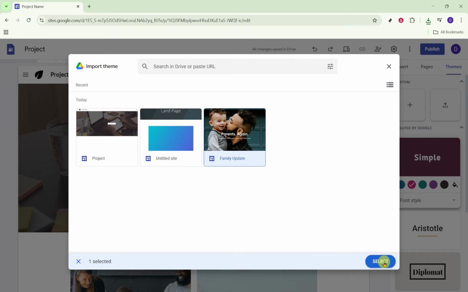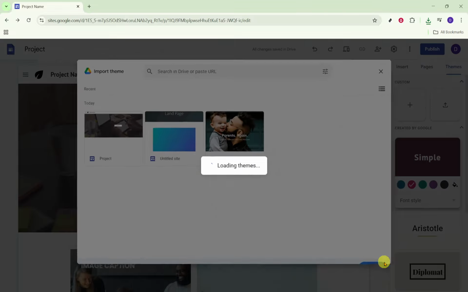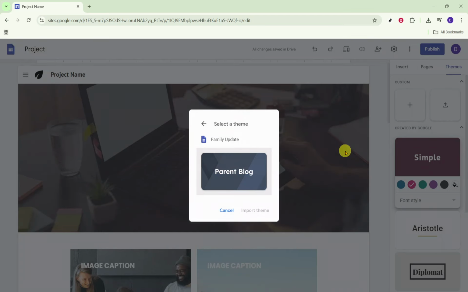Google Sites will apply the imported design to your current site. You should notice fonts, color palettes, buttons, and other style elements update right away while your content stays exactly where it is. Importing a theme affects the look and feel, not your pages or text, so it's a safe way to refresh your design. If something doesn't look right, you can undo immediately, or you can re-import a different theme